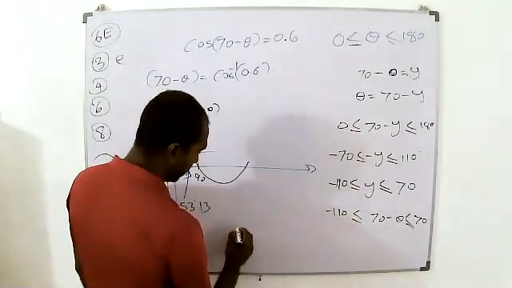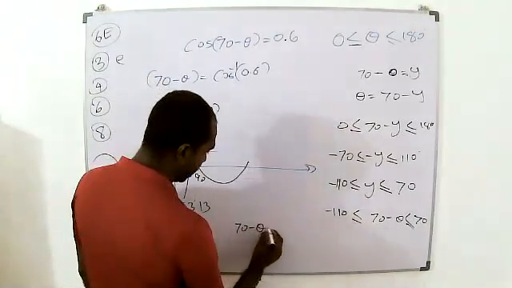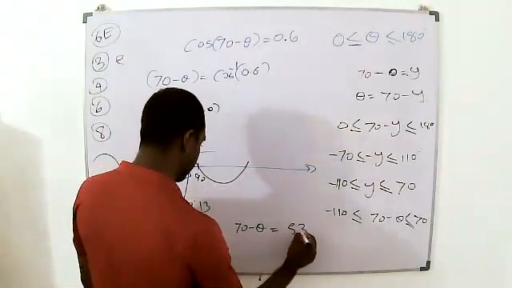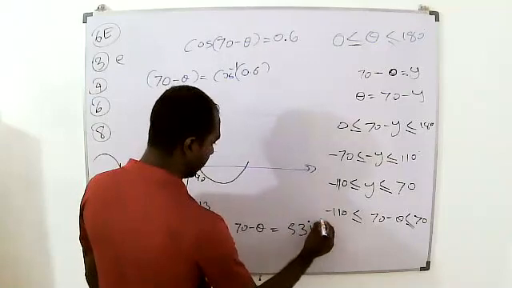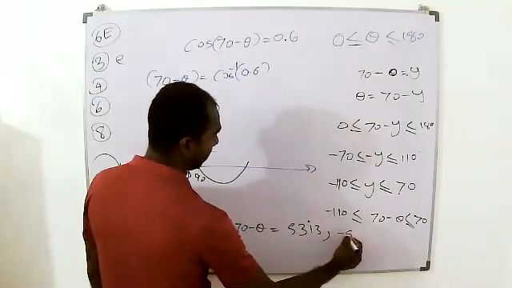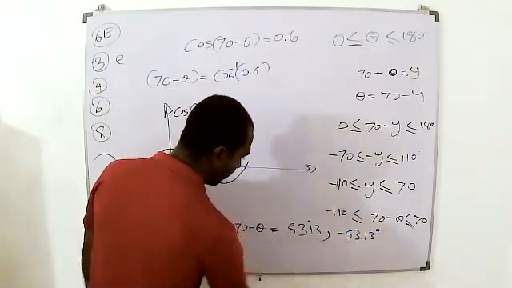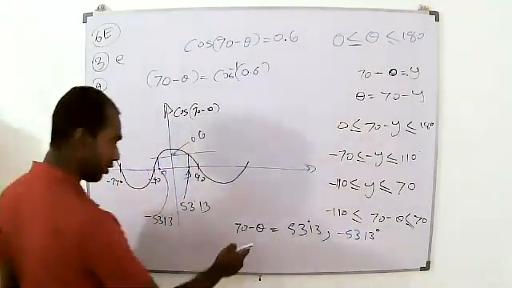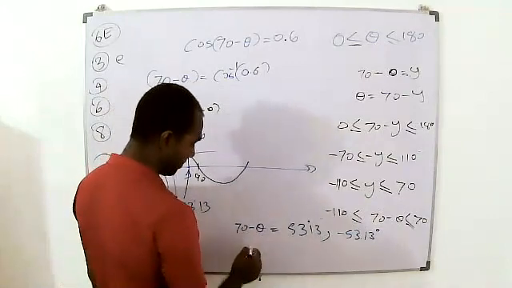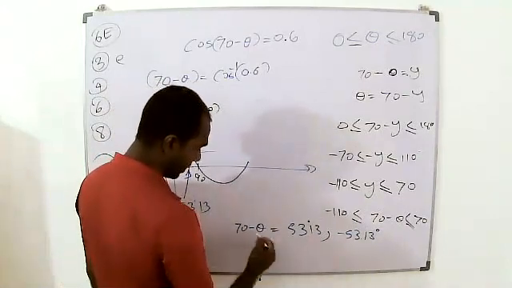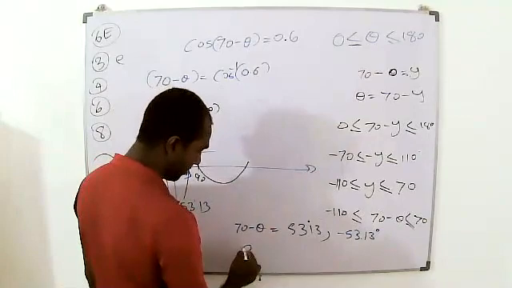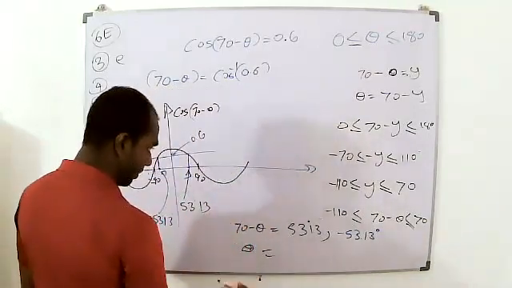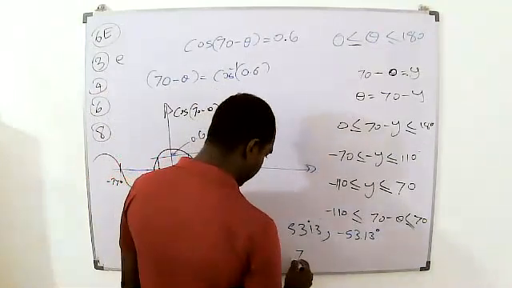We can write 70 minus theta equals to how much? Either 53.13 or minus 53.13. Now to find theta, this is not the final answer. Theta should be equal to how much? Now, if you make theta the subject, theta is going to be 70 minus this amount, no? If you minus from 70, it's going to be